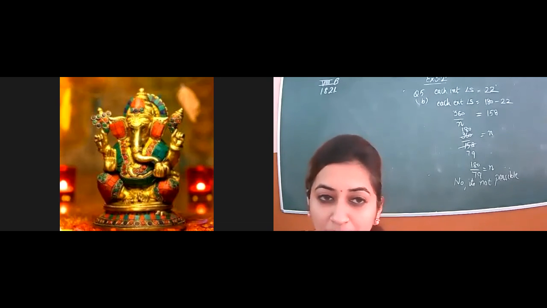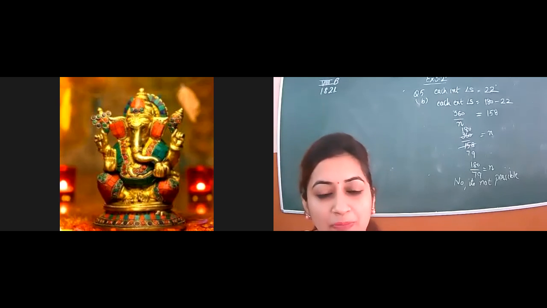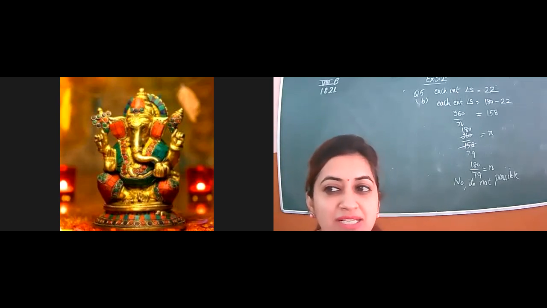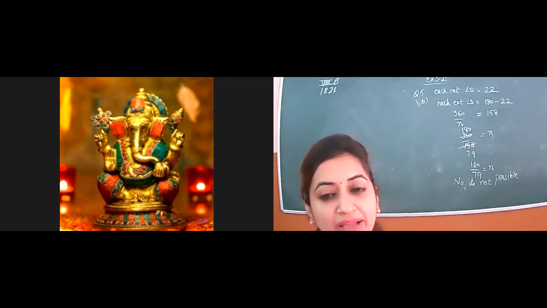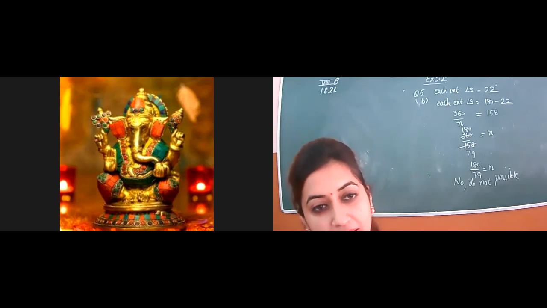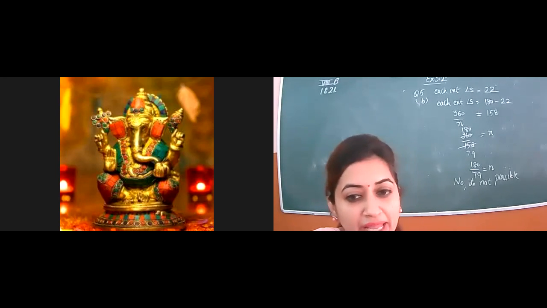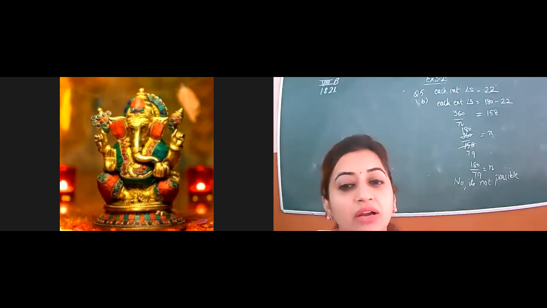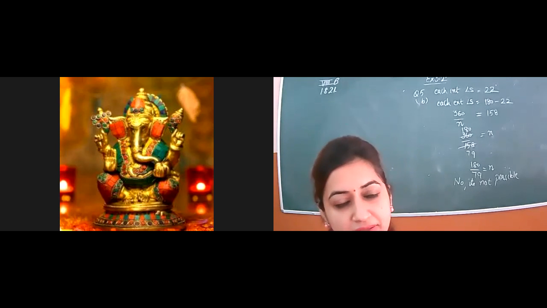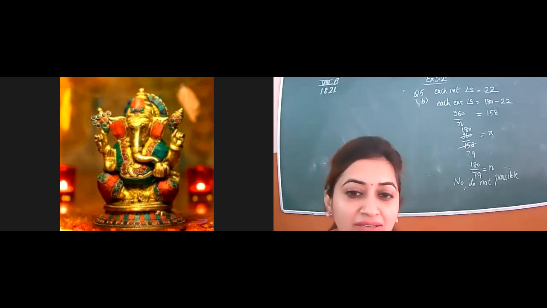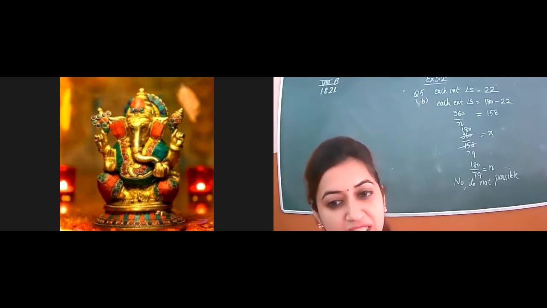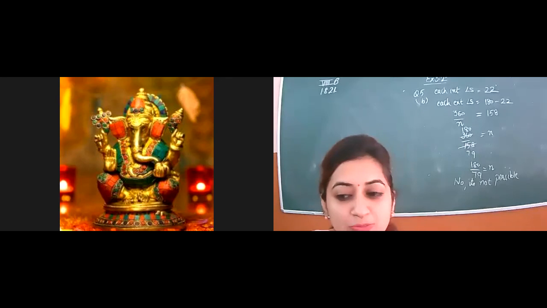A square is also a type of parallelogram. Rectangle is also a type of parallelogram, but in case of square, all sides are equal, while in case of rectangle, opposite sides are equal and parallel. All angles are 90 degree. And one more thing, diagonals of the rectangle are equal and bisect each other, but not at 90 degree. Got it? Diagonals of the rectangle are equal and they cut each other, but they are not making 90 degree at the center. And rhombus has diagonals which are not equal, but the diagonals bisect each other at right angle. Okay, so these properties we will discuss.